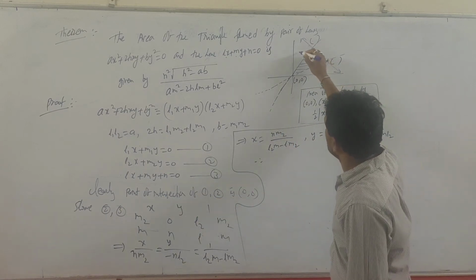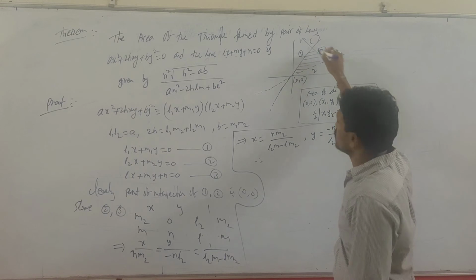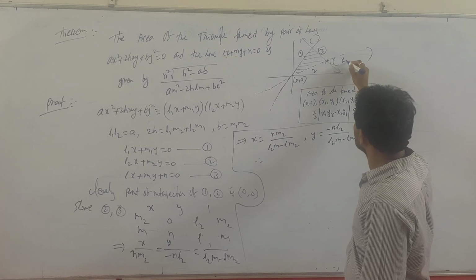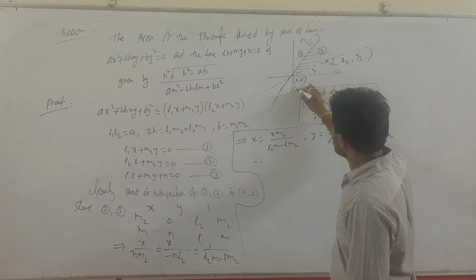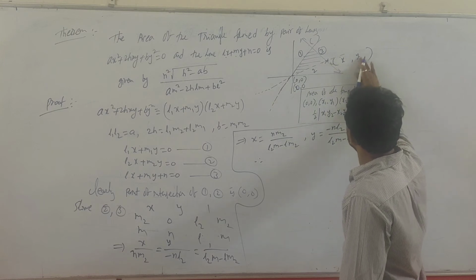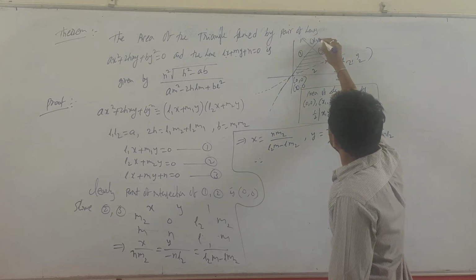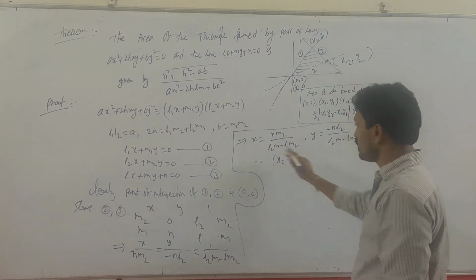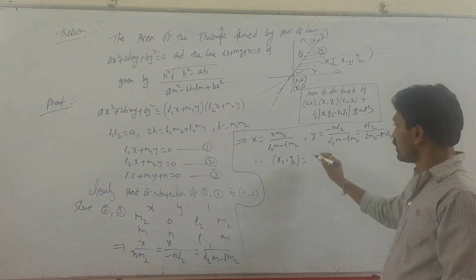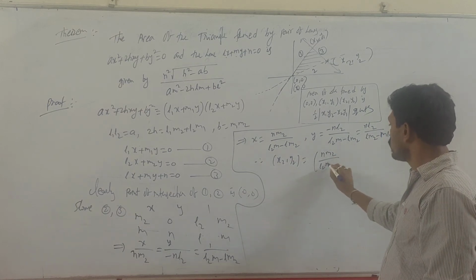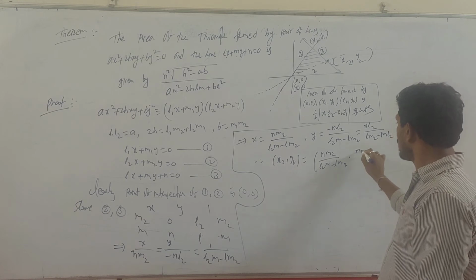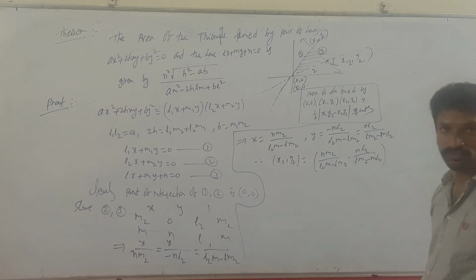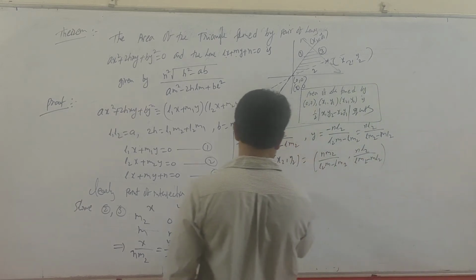Let us take this as 1, this as 2, this as 3, these lines. So what you got here, this point is x3 comma y3, this is 0 comma 0, otherwise you take this as x2 comma y2, this as x1 comma y1. So totally we have x2 comma y2, replacing x comma y, as NM2 by (L2M minus LM2) and NL2 by (LM2 minus ML2). Okay.